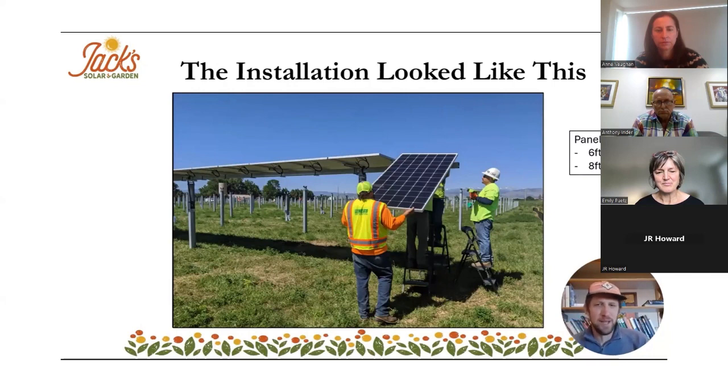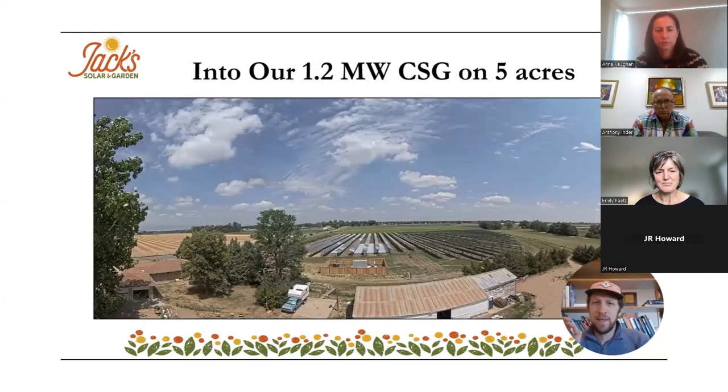2/3 of the property. The panels are flat at about 6 feet high, and the other third is flat about 8 feet high. It's a single axis tracking system, so it follows the sun east to west over the course of the day, and it turned into a 1.2 megawatt DC community solar garden, 960 kilowatt AC system that is built to maximize energy production, because my family put up our farm as collateral to the bank to build it. So we needed to make sure that we produce as much energy as possible, but we changed 3 things